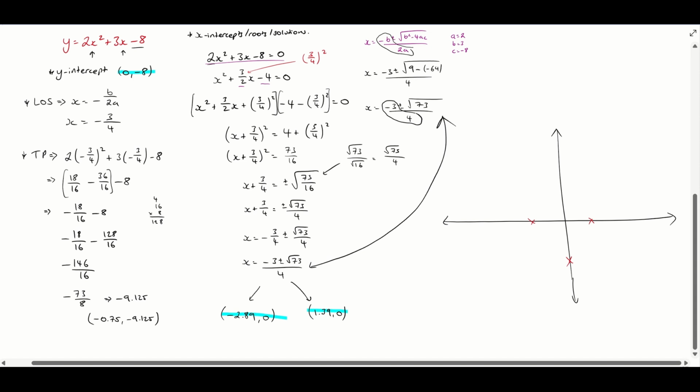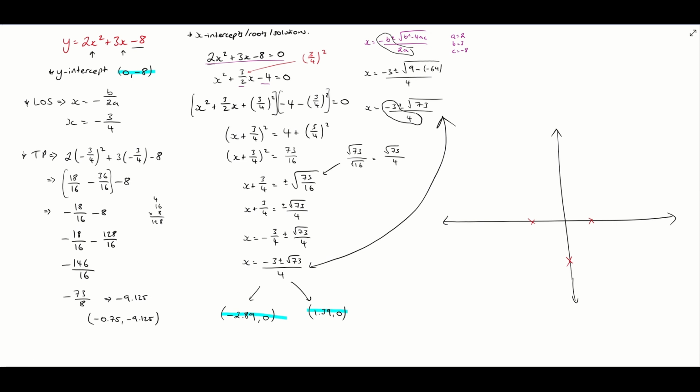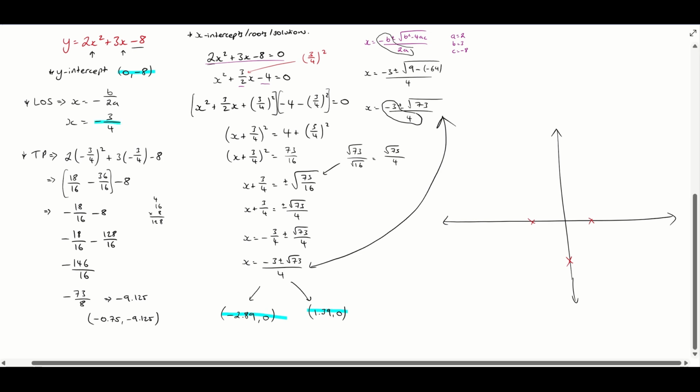We need our line of symmetry, which is at negative 3/4. So it's this one here. So that might just be down there like that. And our turning point, which is on that line of symmetry, down at negative 9 and a little bit. So our graph will look, if we sketch it roughly,